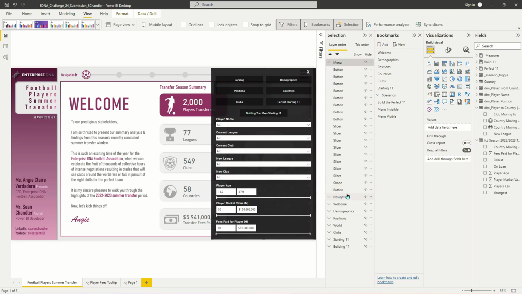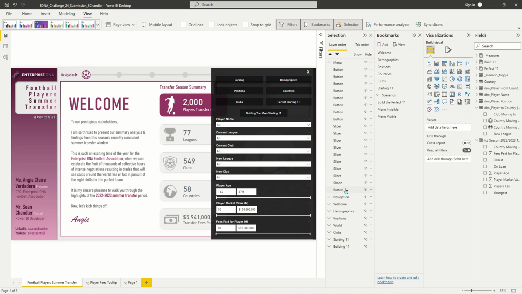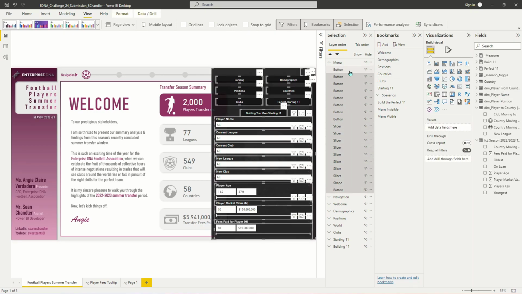And so I'm going to first make sure that I am hovering on the hamburger icon that is in the background, and I'm going to hide that because I don't want the hamburger visible when the menu is open. So now I'm going to reselect everything that makes up my menu, and that is why we have selected visuals